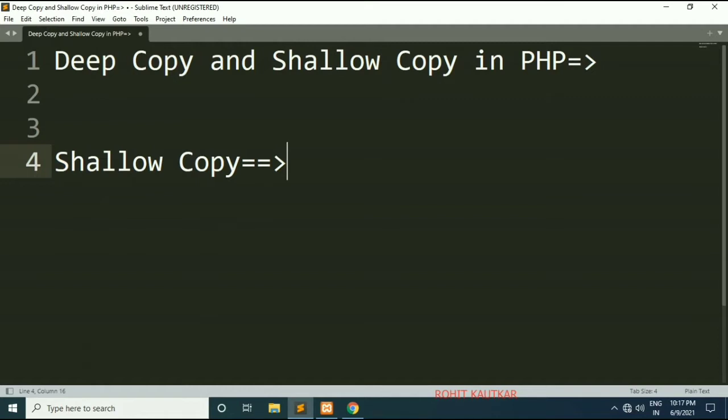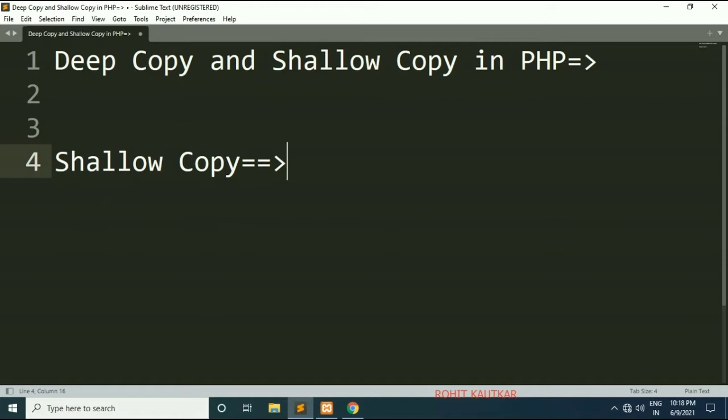And if there are certain references within your original object, then those references are copied as they are within the new object or clone object. So while creating a shallow copy, the references are copied as references. If there is a reference within your old object, then it will be available as it is within the new object. So shallow copy is basically a minimum copy of the old object.